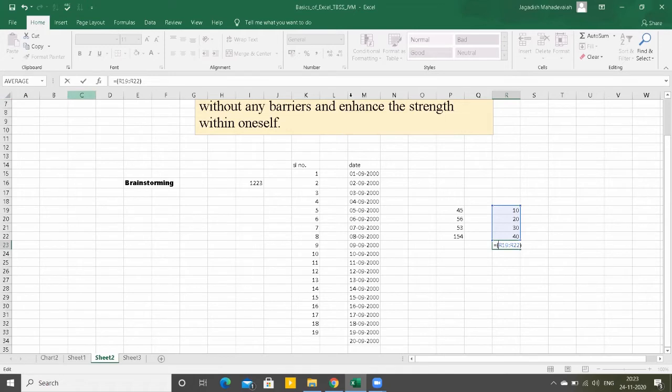These are the columns, and these are the rows. The number which you are seeing is R19, meaning the R-th column and 19th row, starting from this R-th column and 22nd row.